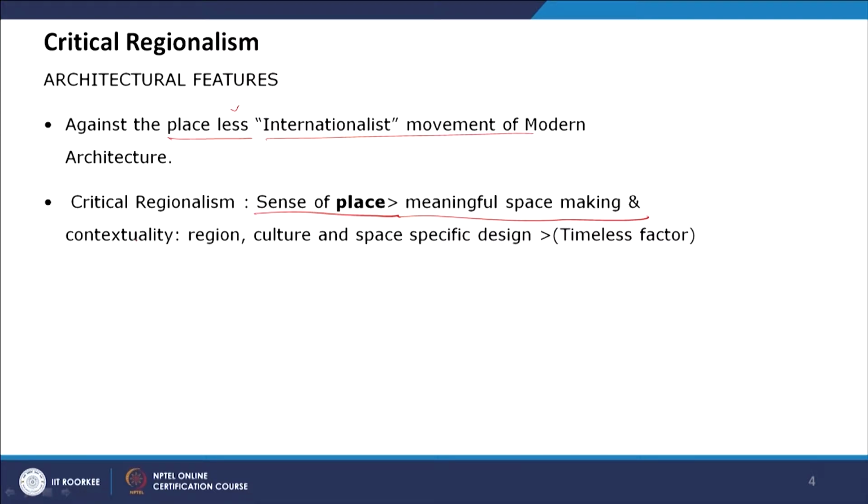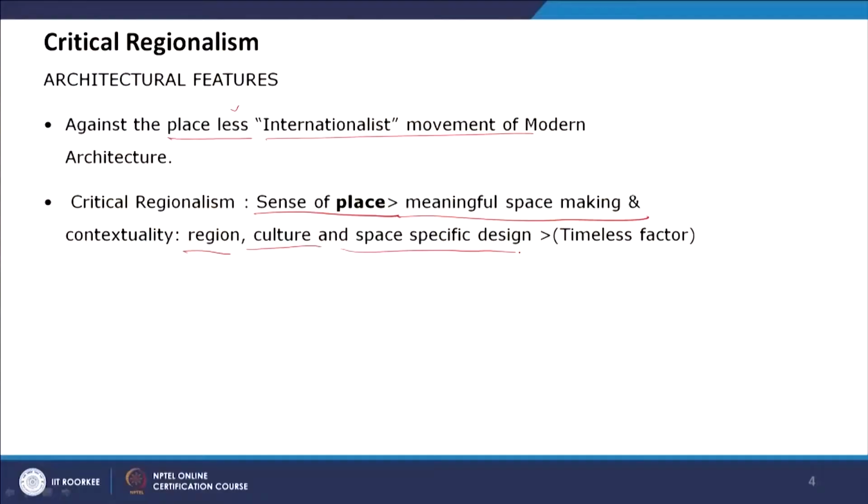What is there in the context will be inferred from the context, and that will be reflected in the design. So the regional, cultural and spatial significance is there. There's a factor of place, and there's a factor of time. There's regional culture, people's behavior, and spatio-temporal elements; these contextual spatio-temporal elements will be reflected in the design.